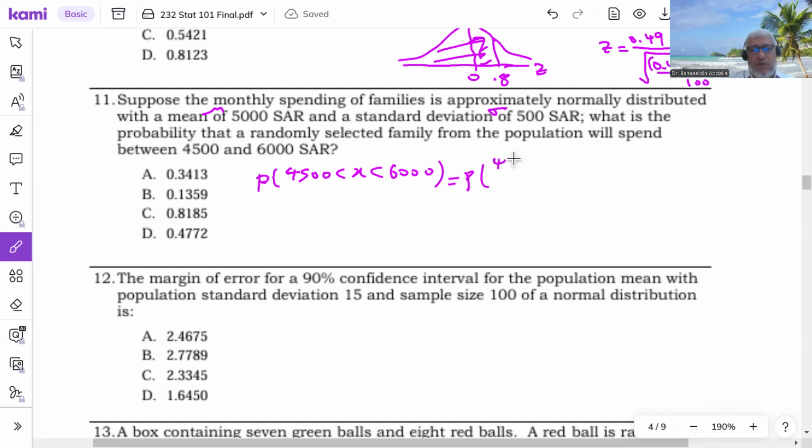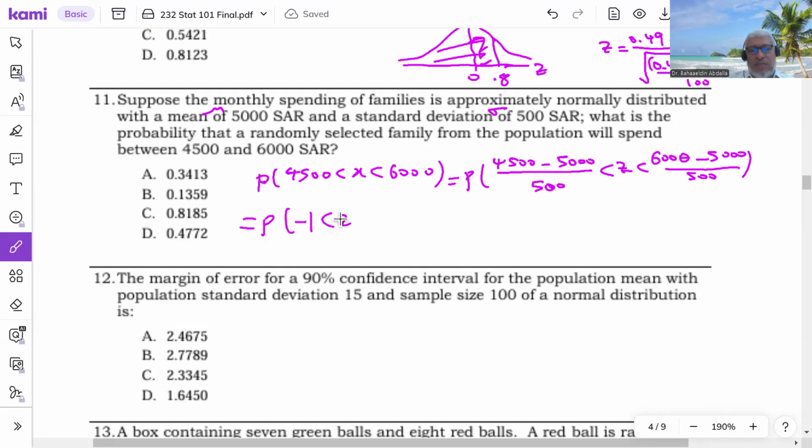To change it to Z, we divide 4,500 minus mu, which is 5,000, over sigma, which is 500. So it is X minus mu over sigma. This is Z. And X minus mu over sigma will give you Z. And then 6,000 minus 5,000 over 500. And this would be probability that Z is between -1 and 2. And to find this probability,